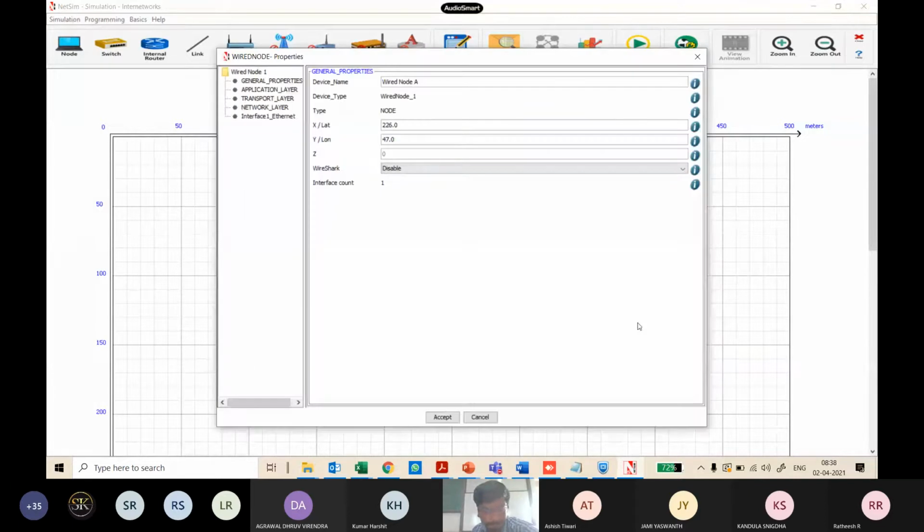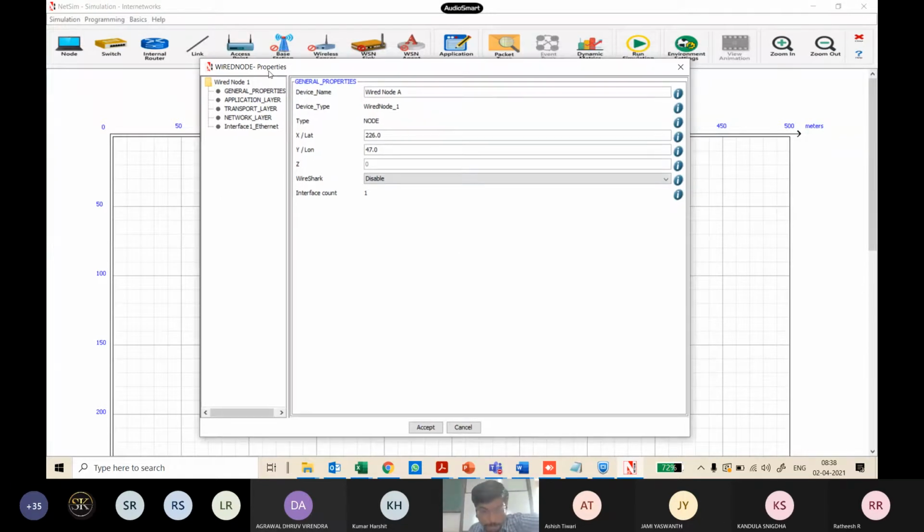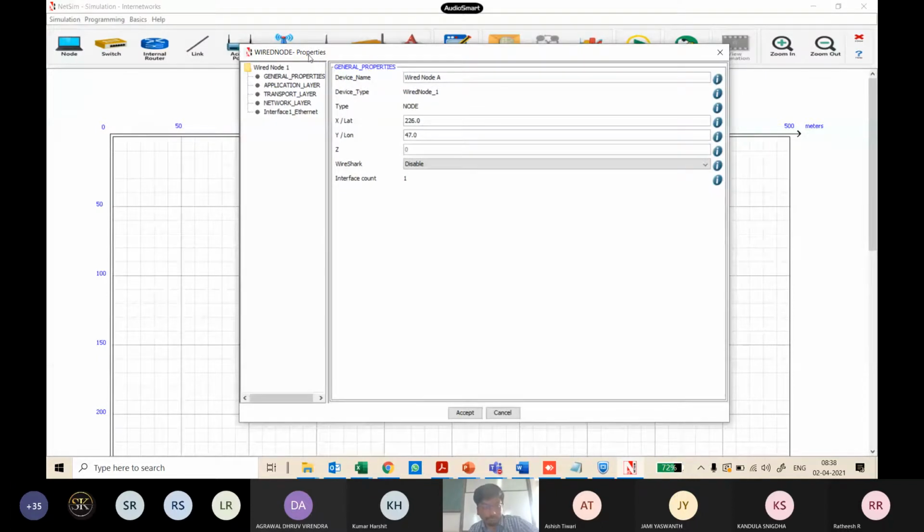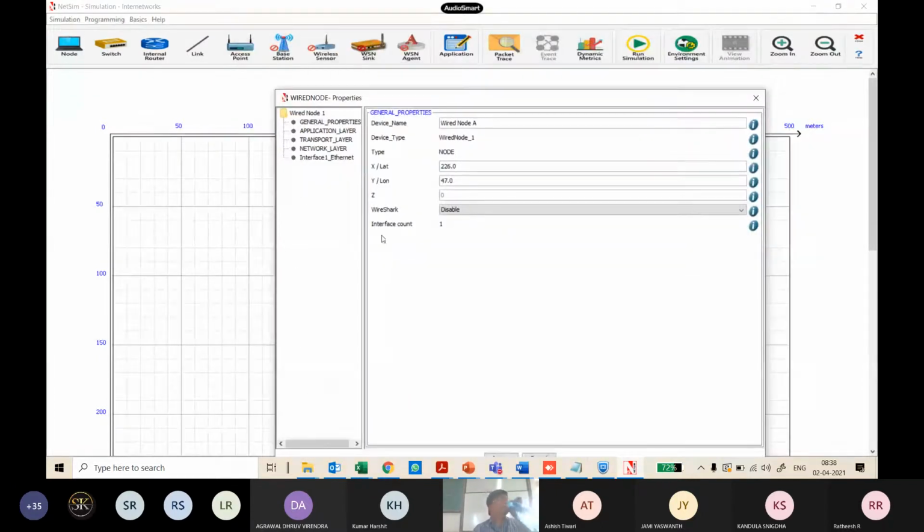Okay. So what I'm going to do now is click on the node properties, and you will see a window like this. The beauty in NetSim is you just have to go and feed the values. By default, it will have some values. If you want to change the values, you can do that. That is the beauty here. Is that okay? Any doubts so far? I hope you're able to do that. So you're right clicking on the node.